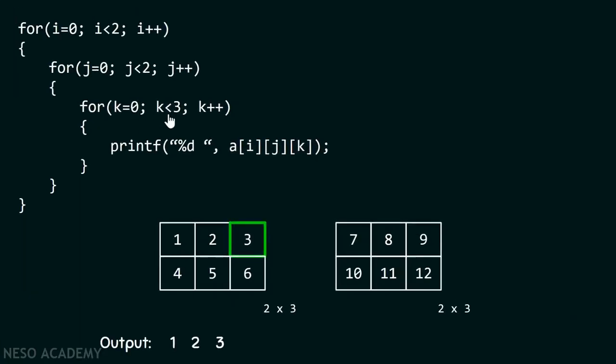As k is 0 and 0 is less than 3, condition is satisfied, we know that this element will get printed on the screen. Similarly, after the increment of the k, these elements will get printed on the screen. Then again the condition will fail when we reach k equals 3. 3 is not less than 3, condition is not satisfied, therefore we'll come outside of this for loop. And again we will increment the value of j. This time j becomes 2 and 2 is not less than 2.